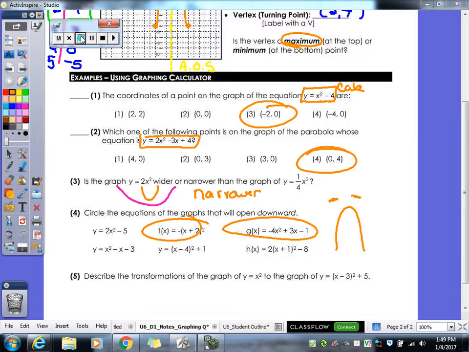Okay, so number 1, when you put it in the calculator and looked in your table, the answer was choice 3. Number 2, if you put it in your table, look in the calculator, it's choice 4. Number 3, the answer is narrower because 2x squared when you plug it in looks like this, and the other one, 1/4 x squared, is a wider parabola. Number 4, the answer was negative. Negative are the ones that turn down, so f of x and g of x. This one, when you put them in your calculator, y equals x squared, and this one, you will see that one parabola will be right here in the center,